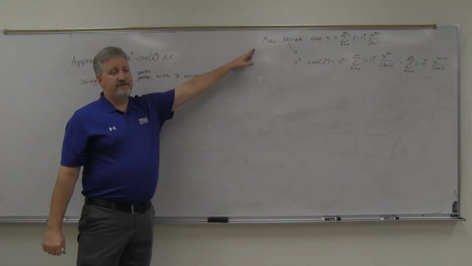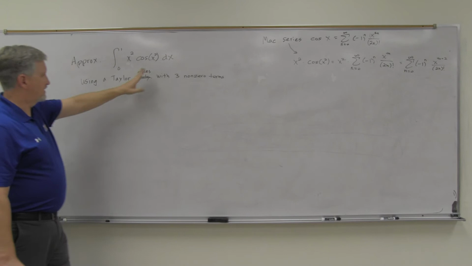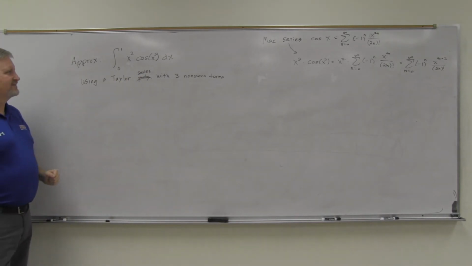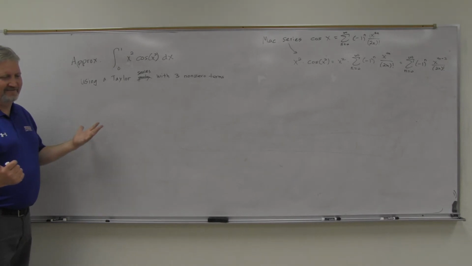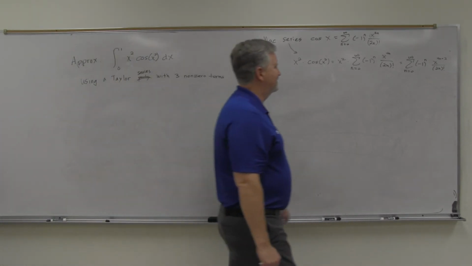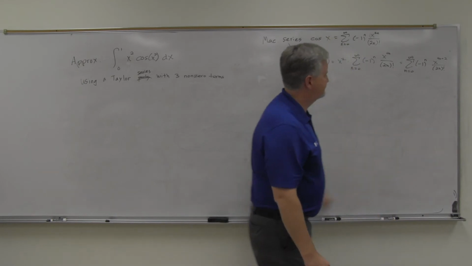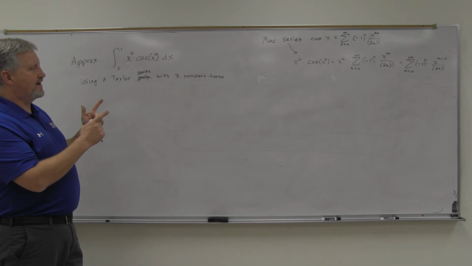But since it's centered at 0, we can use this Maclaurin series, okay? Let's not call it a Taylor polynomial. Well, since I said 3 non-zero terms, we'd probably be okay with it, but I'll mix it up. Okay, anyway,